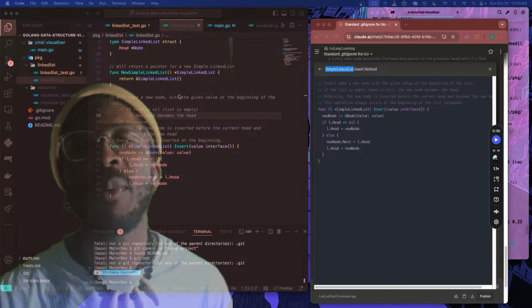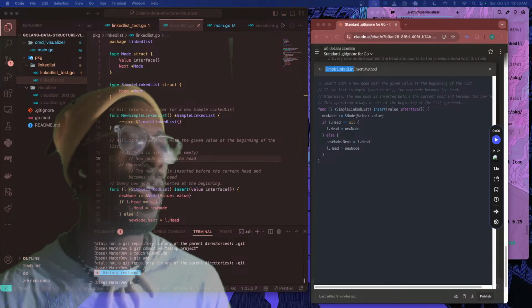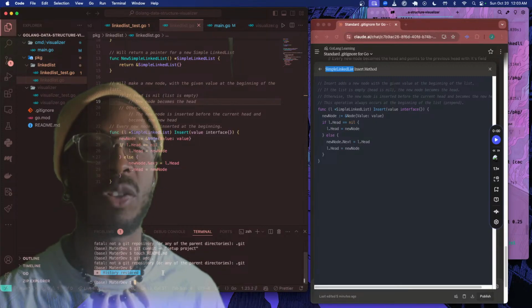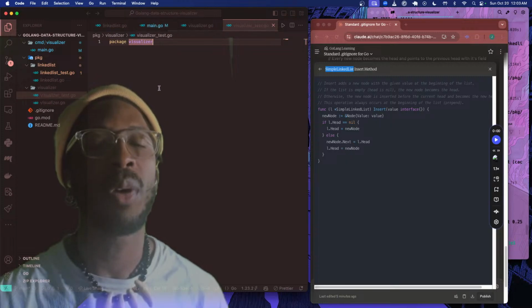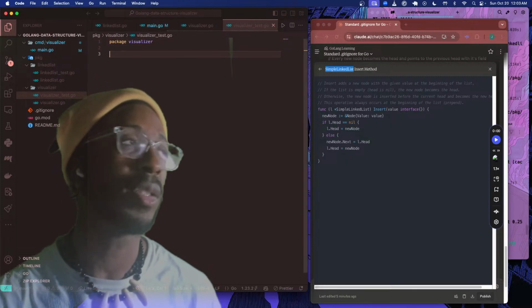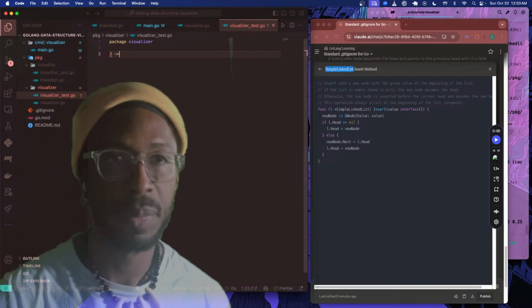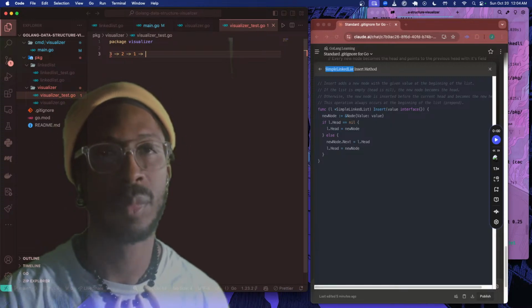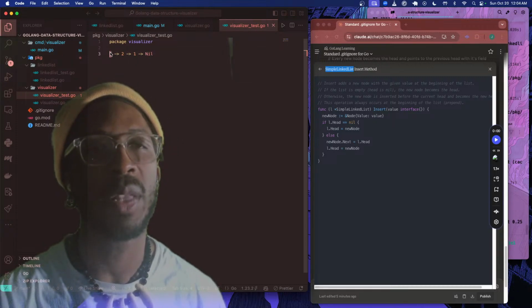So now that we have made the implementation for the linked list, I want to make a visualizer. And the visualizer is going to be a string or text representation of what the linked list looks like. And it's just going to be like the value. So it's going to look something like this. Okay, so this is going to be the head here,